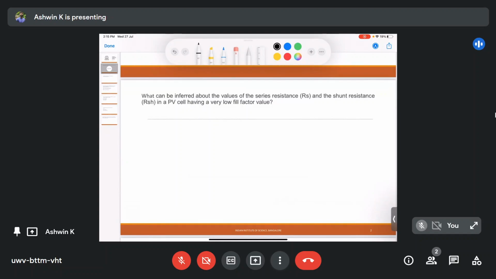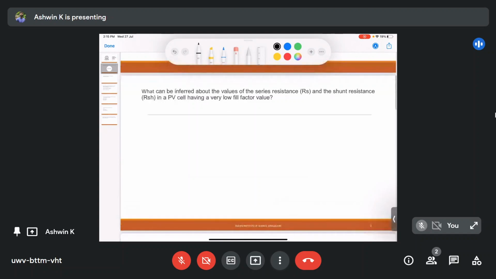So one of the first questions is, what can be inferred about the values of the series resistance Rs and the shunt resistance RSH in a PV cell having a very low fill factor value? So here there are three parameters that we have to look into. One is the series resistance, shunt resistance, and fill factor. I hope all of you know what each of those terms means, since you have all gone through the first week's video lectures. We'll have a quick brush through of each of those parameters,